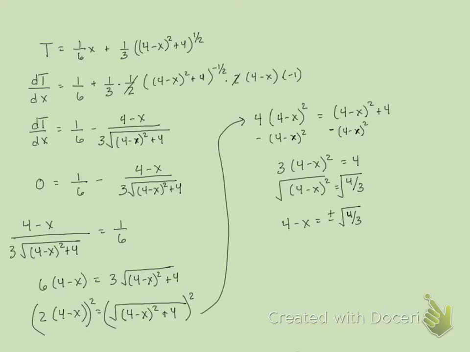And then if I solve for x, I will get 4 plus or minus, I'm going to write this as 2 over the square root of 3 is going to equal x. So I have an x equal to 4 plus 2 over the square root of 3, and an x equal to 4 minus 2 over the square root of 3. So let's figure out what those values are. When you do the addition piece, you'll get about 5.15, and the